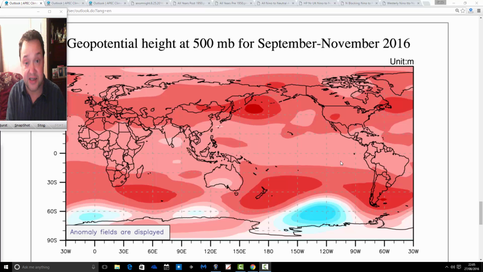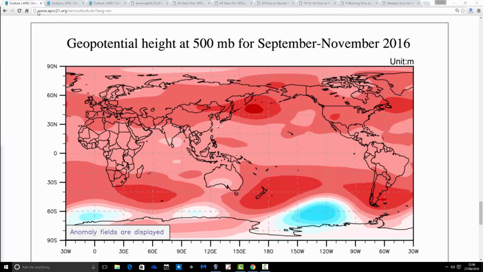Of course, last week's model update very much went for an Atlantic-driven autumn. The idea was that we're going to have a lot of westerlies, so a milder than average autumn was definitely being signalled. The models were a little bit confused about whether it's likely to be anticyclonic, so quite dry, or whether it would actually be quite wet and stormy. There was that confusion within model output, but westerlies rule was basically the theme from the last model update that we did last week. Just going to add the Apec model to that.